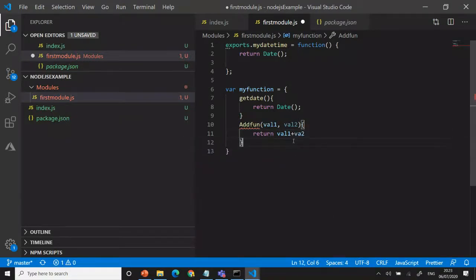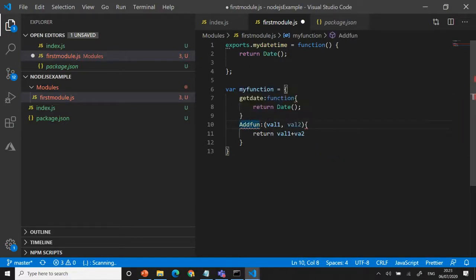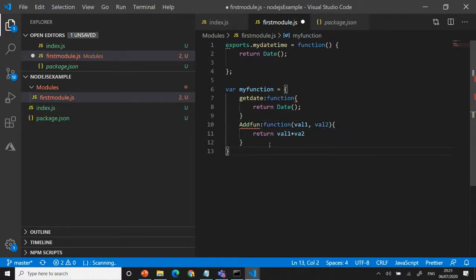Likewise, we can send any number of functions. Once again, I use a colon here. I can use the function. Normally, the JavaScript function, we need to make it inside the module, right? That's the reason I'm using that. I can use this comma here. You can have multiple, right? That's why I use a comma, and once everything is completed, I can go and export whatever you want.